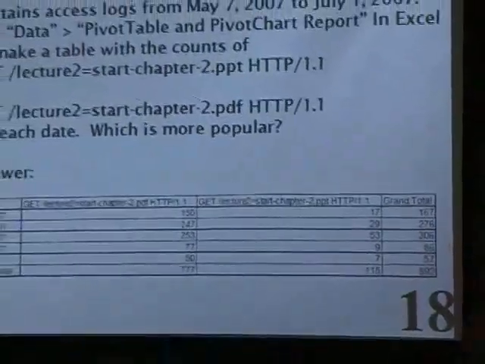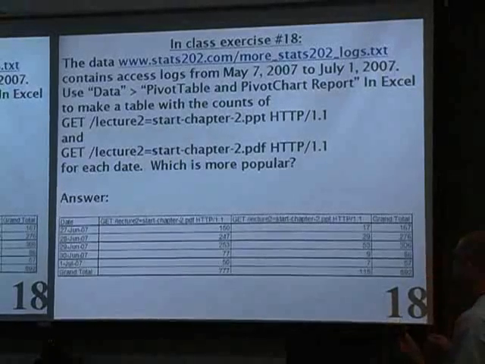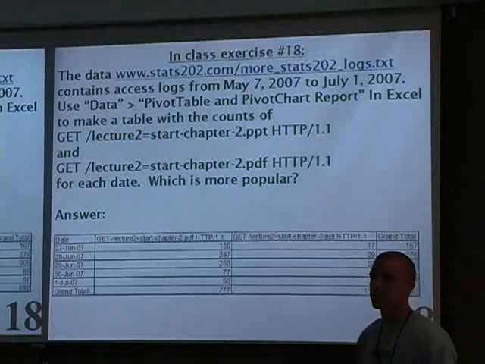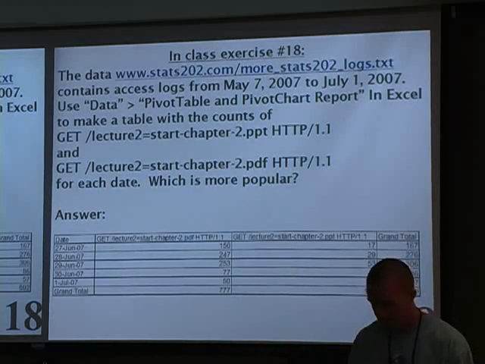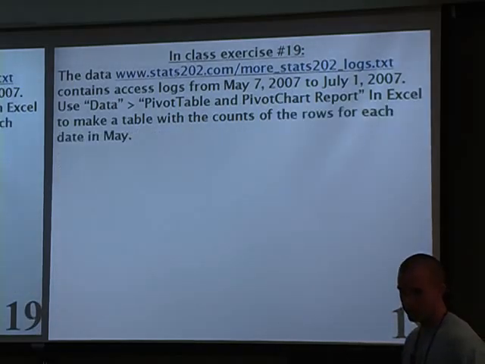So you can see why, if someone gives you a CSV file with a bunch of data, you can do a few points and clicks and make a nice table using the pivot table in Excel. Any questions on anything I did on that one? Okay, so the implication for me is that I continue to post the PDF version of the slides because they seem more popular. One other thing I wanted to do with that data while we're playing with the pivot table